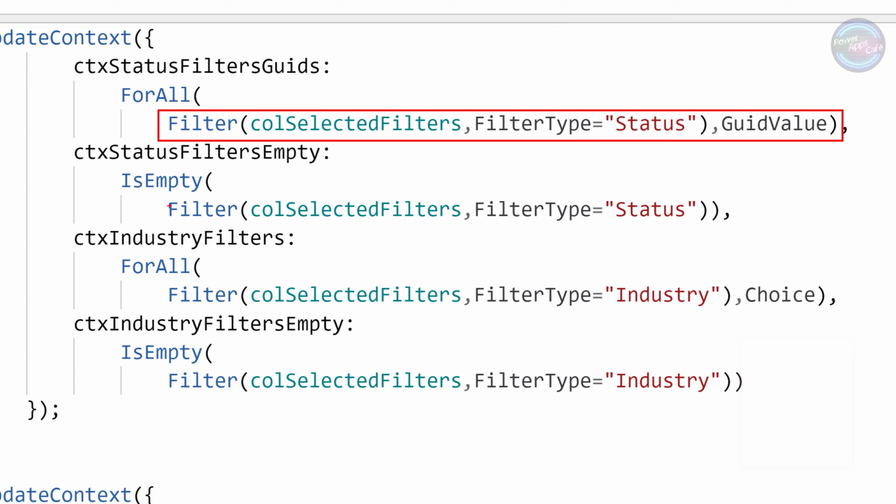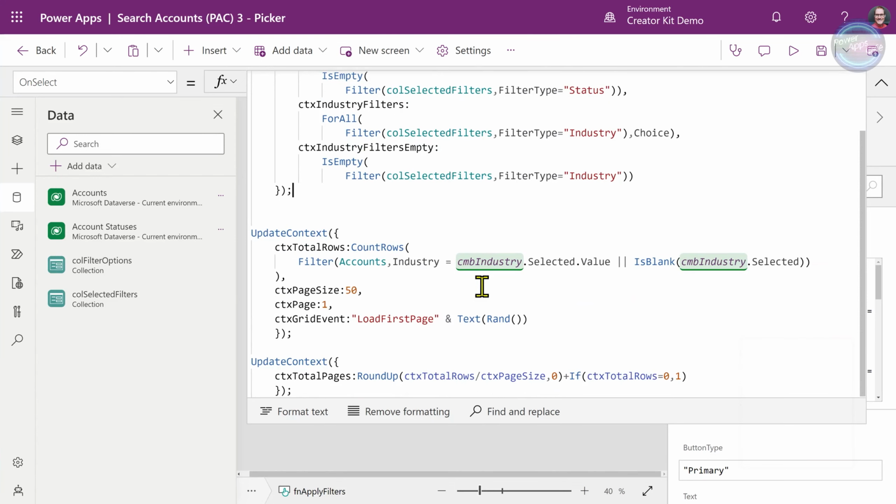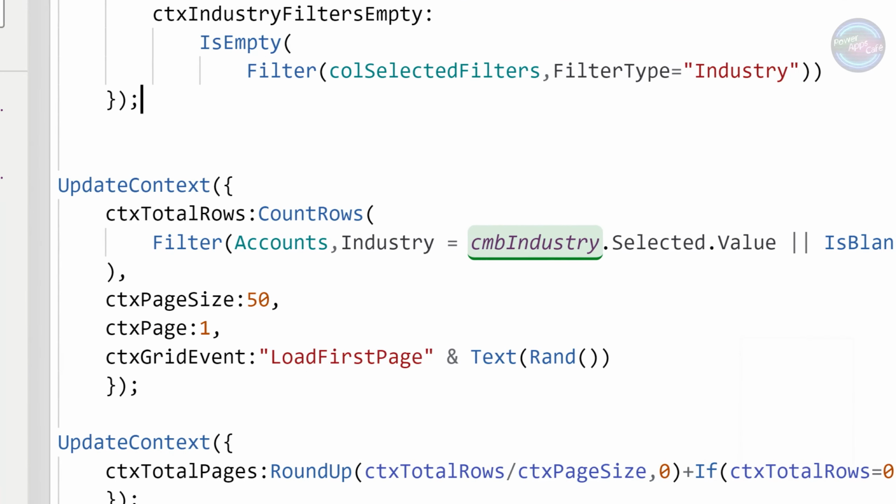And we're also going to say, well, if it's empty, using this is empty on that filter, then we just set this Boolean value. And then we do exactly the same for industries, collecting all of the industries into an array, and we pick up the choice value rather than the GUID value. And then again, we're using this Boolean value in the same way, if there are no values in that collection, then we'll set this. And what this is doing is allowing us to have this logic in a single place that we can use in multiple different places. Because if you remember, there are two places that we need to update the filters. There's the count rows, because we're going to do an aggregate count rows.